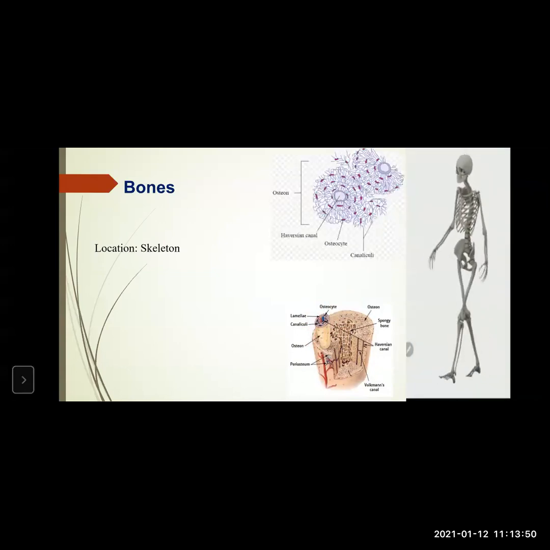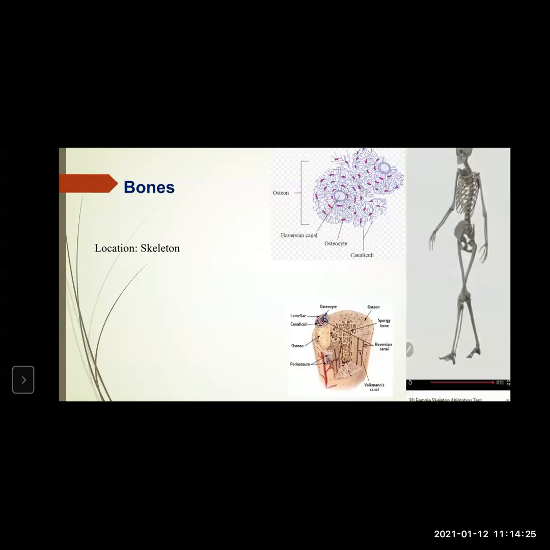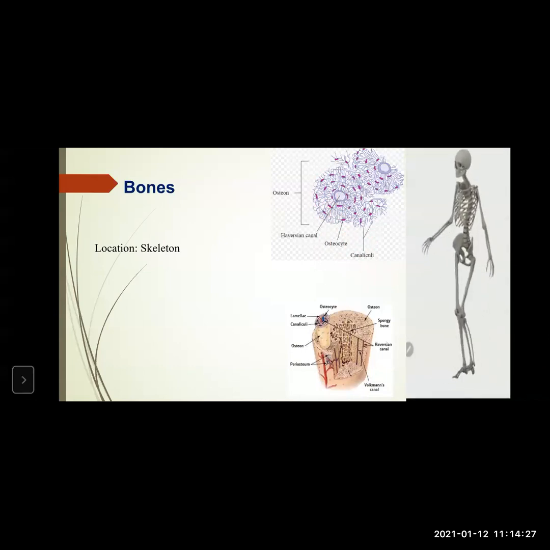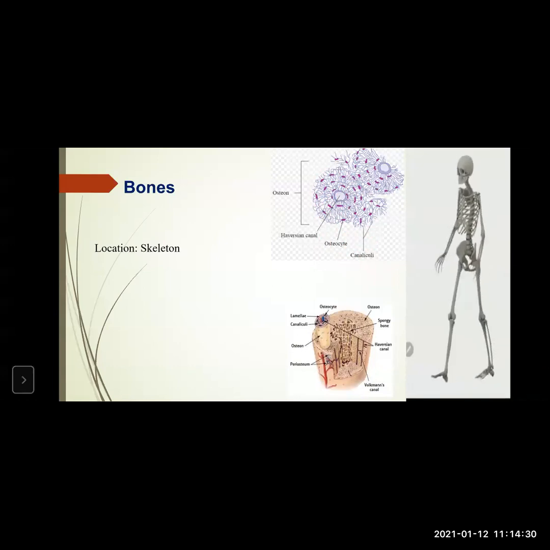This is how the transverse section looks, that is, when you cut the bone into a thin layer and observe it under a microscope, you can see this structure. See, these pink cells are the cells of bones. They are known as osteocytes. These osteocytes are connected to each other by canaliculi, and there is a Haversian canal which has the opening for arteries, veins, and blood vessels.